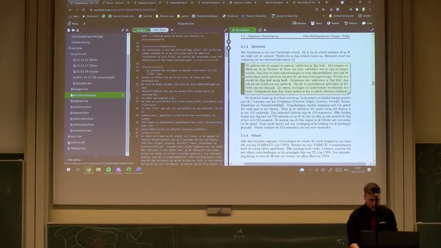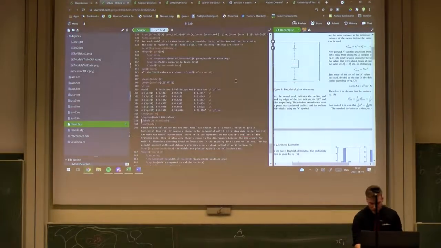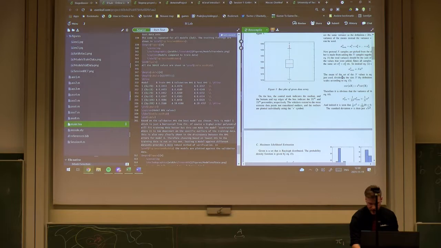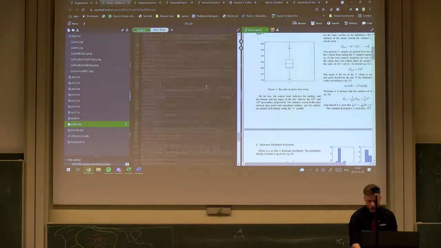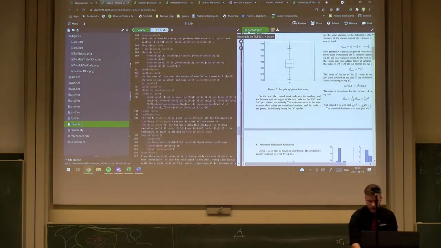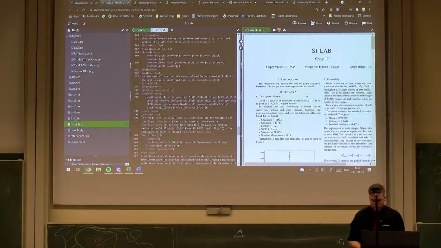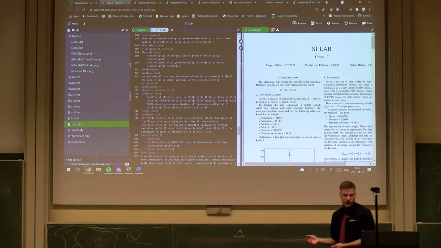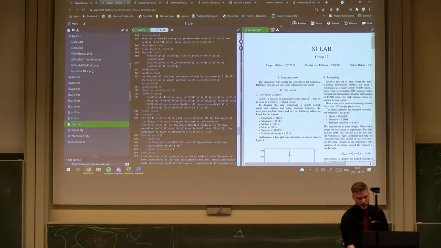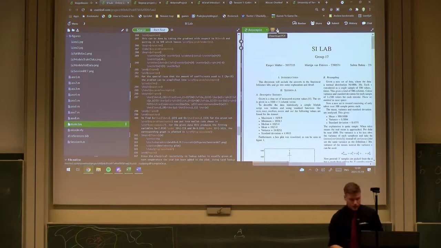So that's an example. You can see here in Overleaf that I have my editor window over here, and then I have a preview of how the actual PDF looks over there. Every time that I want to preview what I did, I need to press this recompile button, and it will create the document. And I can just download it here and upload it to Canvas when I'm done.